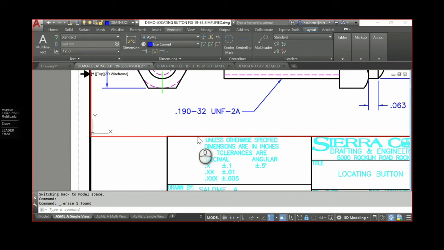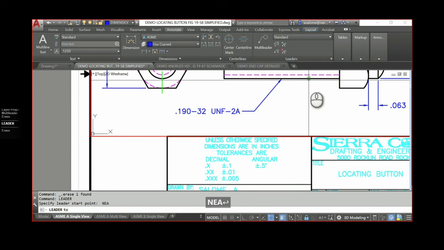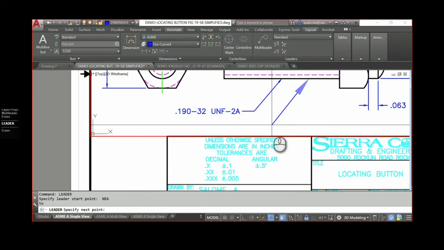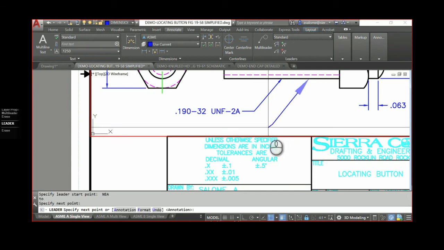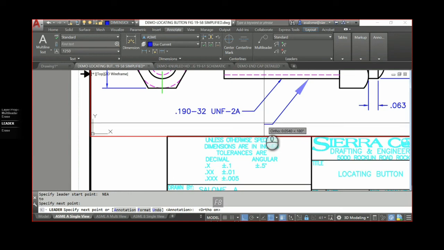So the way I did this is I used the leader command, and you've got to type it in at the command line. It's leader. Okay? And it asked me for the start point, and you can start anywhere here. You can grab the midpoint. Make sure it is grabbing onto your major diameter, and you're going to pull it off. Now, initially, it's going to look like it's doing the same thing that that other tool did, but be patient with me here. It asks me to pick the other end of my leader, so I'm going to pick, and then I've got to turn ortho on, and I've got to draw that shoulder in.